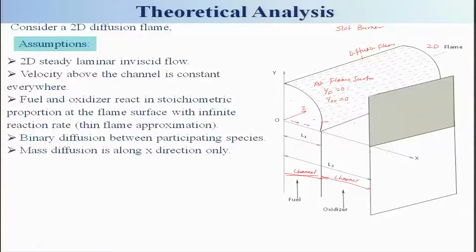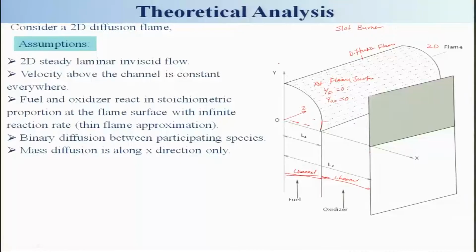There won't be any mass diffusion in the y direction. However, both diffusions should be there, as we had seen, but here the mass diffusion along the x direction is predominant as compared to the mass diffusion along the y, because along the y, what will be predominant? The momentum will be predominant along the y direction, the vertical direction. So, as compared to the mass diffusion along the x, the y direction mass diffusion is negligibly small. That is the meaning of this.